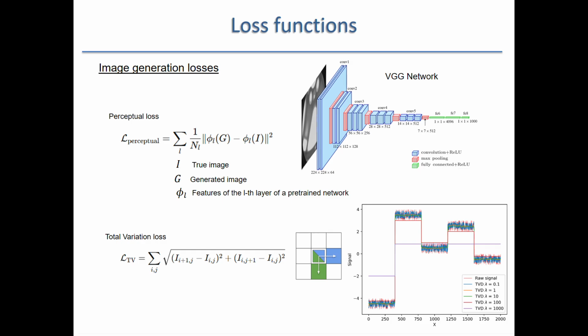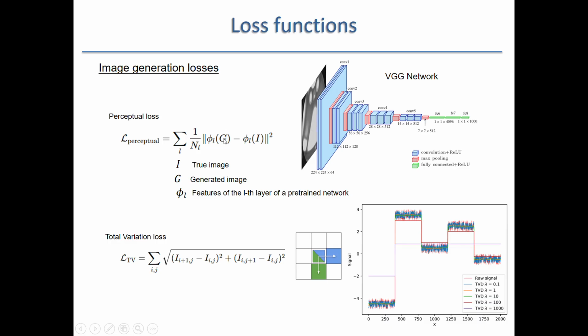Let's say that you are generating images. There are these generative networks that create new images, new data, whatever. So what you have is this possibility, for instance, perceptual loss. In perceptual loss, you have the generated image that you just generated and a true image. And then for each one of these layers, we already saw that they are tensors, so this tensor of values. If you have the tensor of values corresponding to any one of the nth layer,